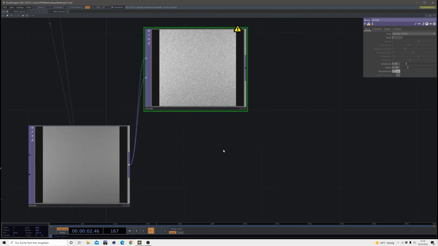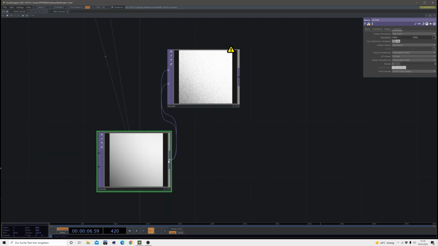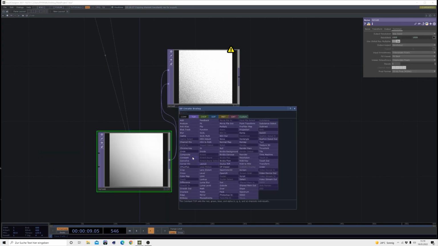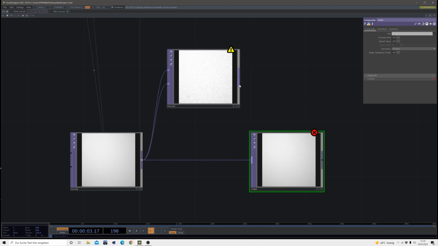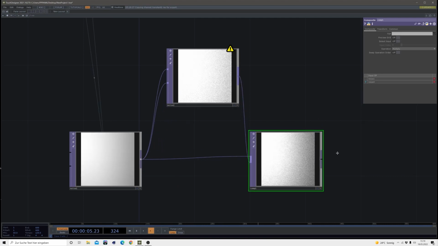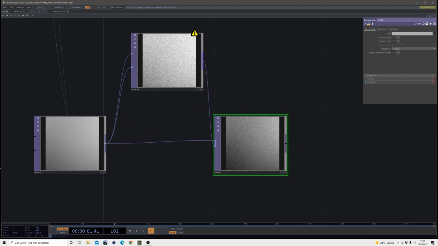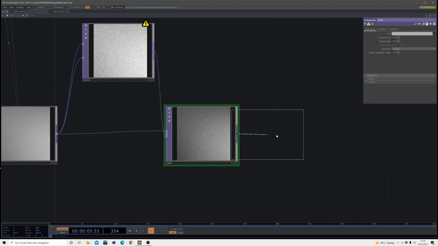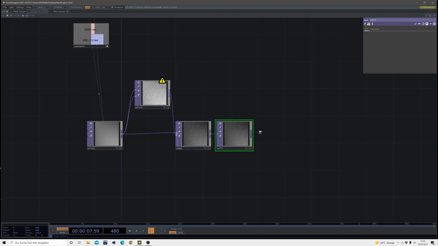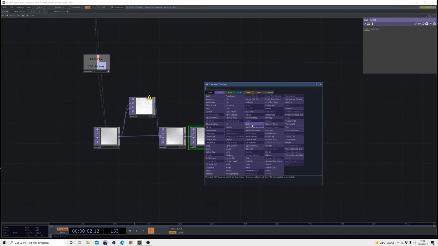So we have this, and then this one with some grain. And now we want to combine those two together by just making a comp, leave it on multiply and bring this one back in. So, all right. Then after this, I created a null because I will make a feedback loop here. So null, then create an over,